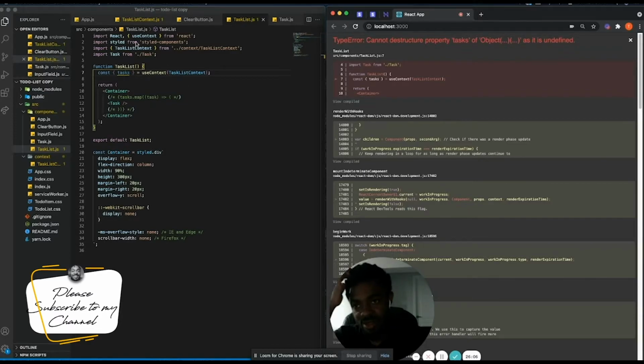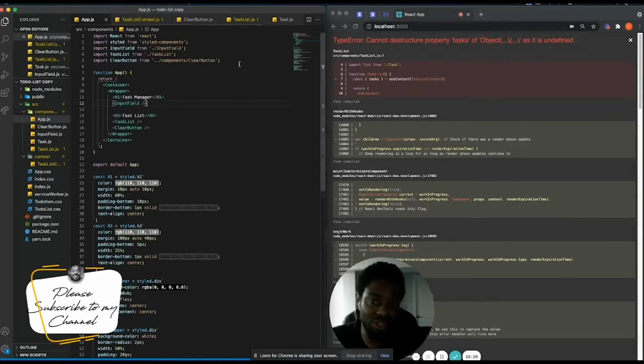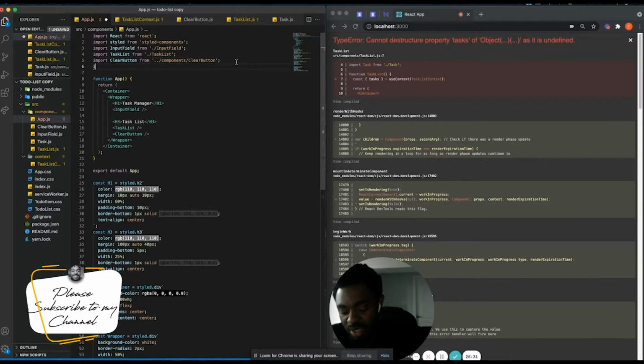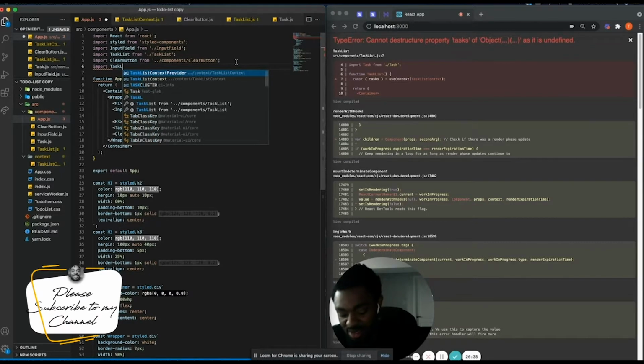So I just found out that, and typically it says they cannot destructure property task of objects as it is undefined, which means that the application does not register this data, doesn't know where it's coming from. It needs to be fed on where it's coming from. It needs that information, which was what I was supposed to do in my app.js. So here, I'm going to import task list